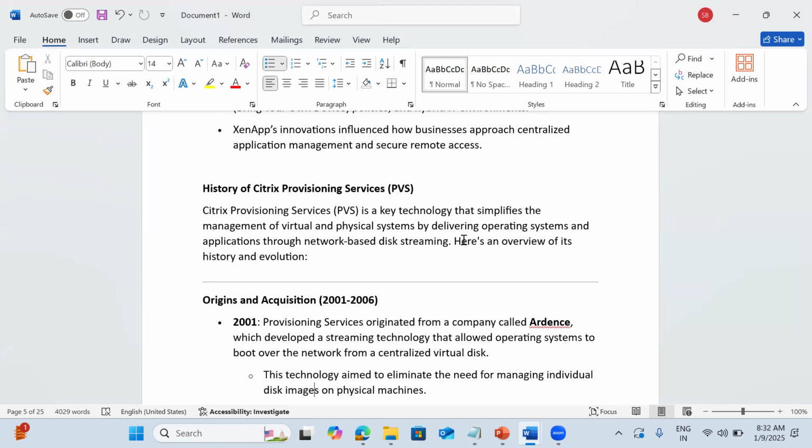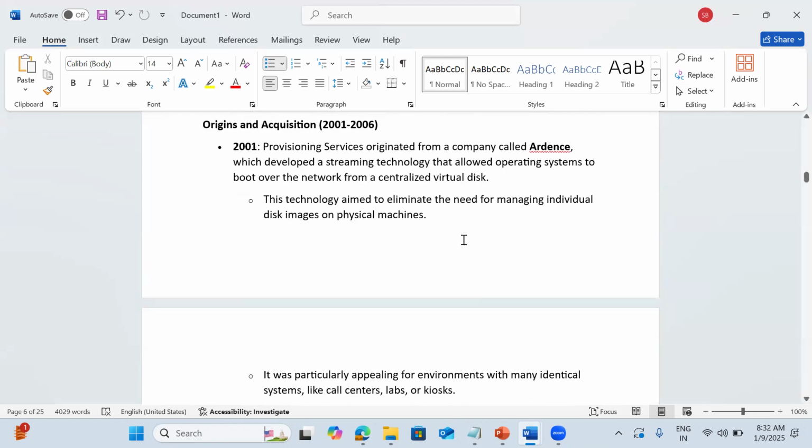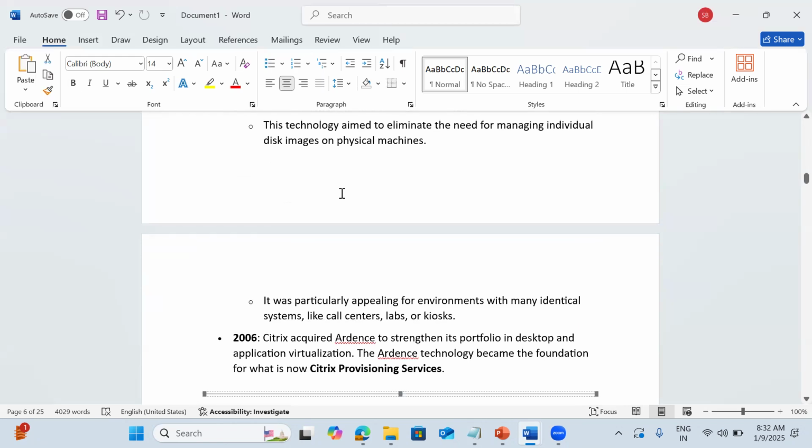Citrix acquired one company, Ardence. From this, they got the product called Citrix PVS. In the initial days of Citrix PVS streaming technologies, hard disk cost was very expensive and OS installation was also very challenging. In the US or Europe, most companies used Citrix PVS for booting.